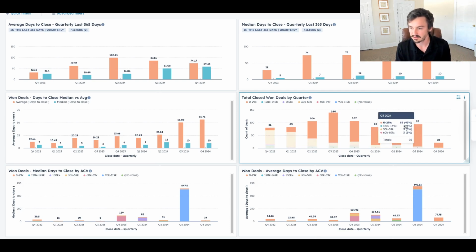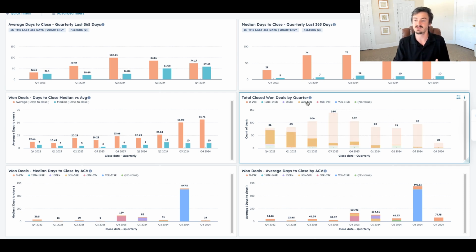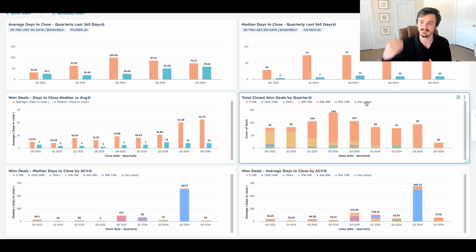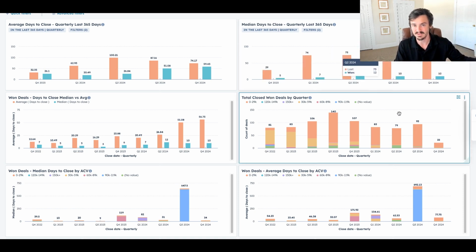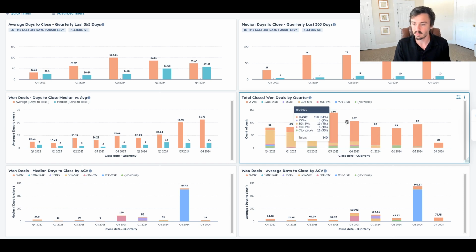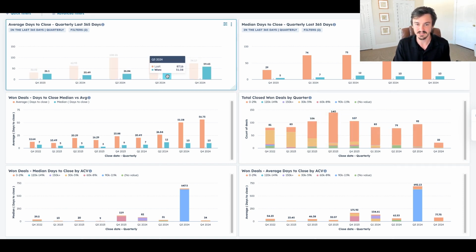Now we know we have the smaller deals that are a higher percentage of our closed deals. Number one, we need to refocus on larger deal sizes so we can start pushing up the average annual contract value. And then we need to look deeper into our conversion along the pipeline. Are we getting the proper leads in for the larger clients? Do we need to adjust our sales process to sell to more enterprise style clients? There are a lot of different paths you can go down. But once we can see what deals we're actually winning, we know that this average days to close